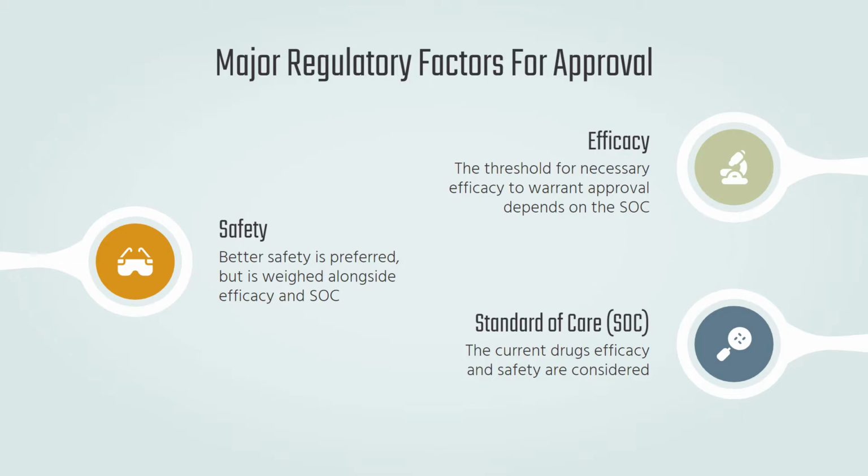If there's currently a lot of drugs on the market or the standard of care is working really well, then that threshold may be higher. And then there is the standard of care. So depending on how many and how well the drugs on the market are working and the number of drugs that are available, that comes into play as well. So there's all these factors. This is just very top level. There's a lot of other factors as well, but these are the three main ones that the regulatory agencies look at